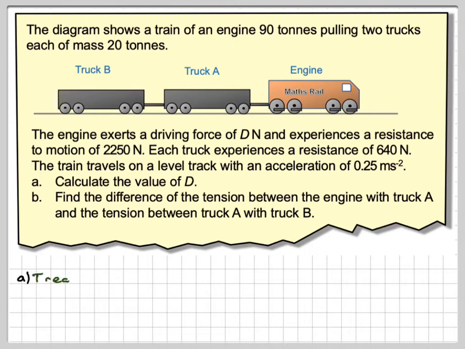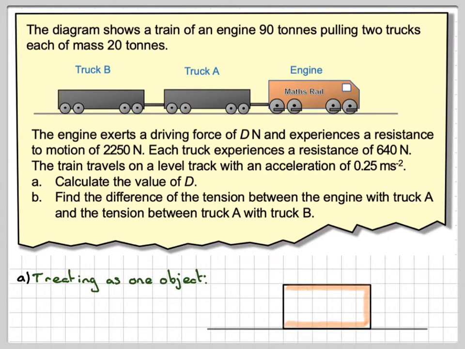In all mechanics questions, you need to draw a diagram. What we're going to do is treat this all as one object, just a rectangular block. The mass of that block will be 90 tons, which is 90,000 kilograms, plus 20 tons, which is 20,000 kilograms, and another 20,000 kilograms, which is 130,000 kilograms. We have a driving force D, and then the resistance will be